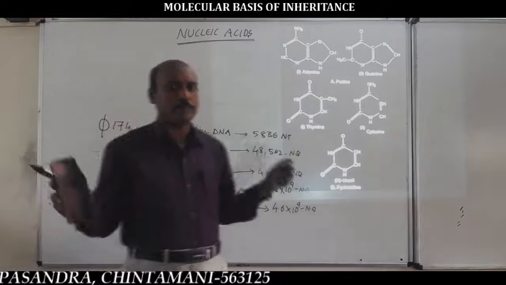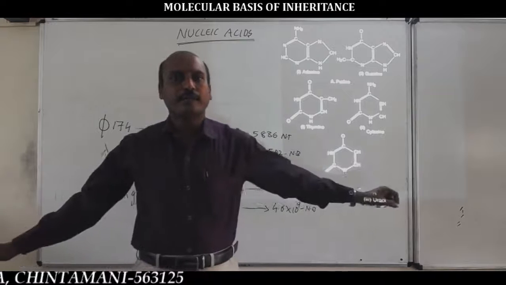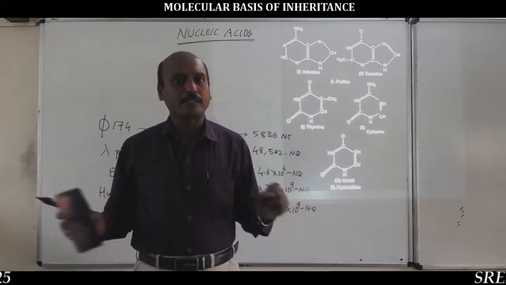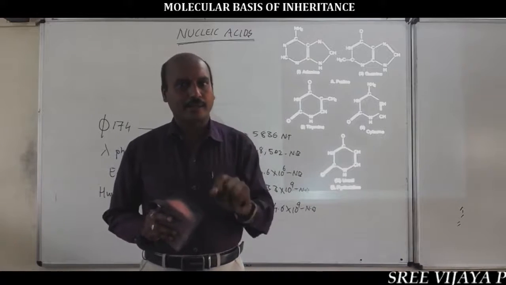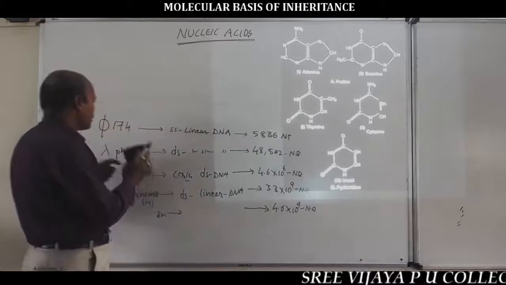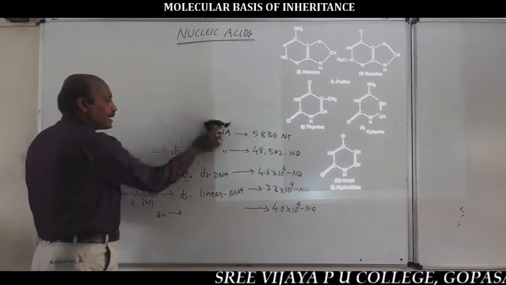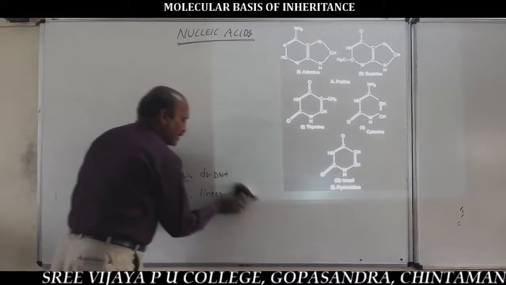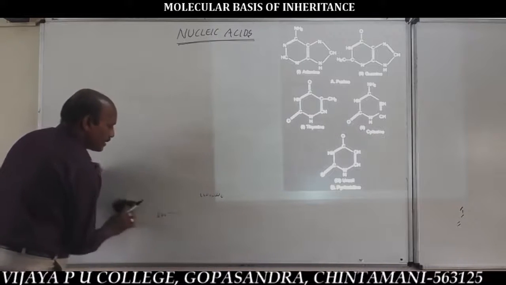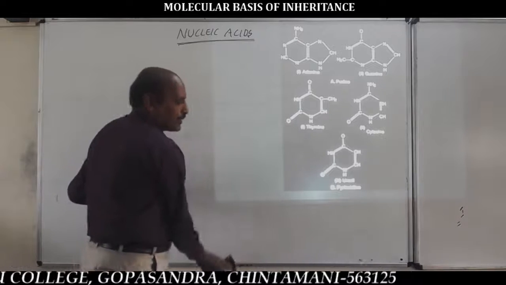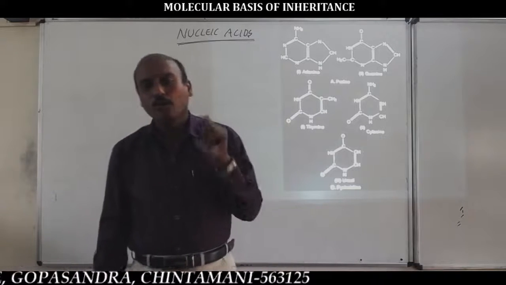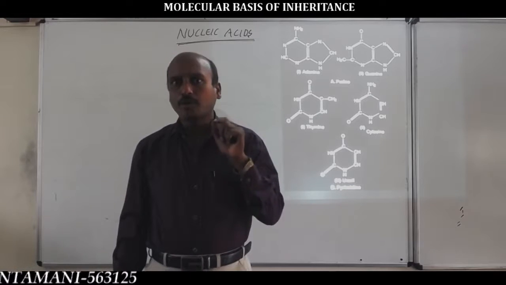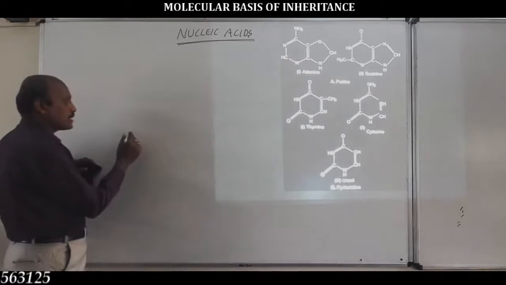So you should remember one important matter. The height or length of the DNA depends on the number of nitrogen base pairs present in it. And the characteristic features and properties of any organism are also decided by the length of the DNA. Such DNA is present in both the nucleus and cytoplasm in eukaryotic cells, and in prokaryotic cells it is directly present in the cytoplasm.